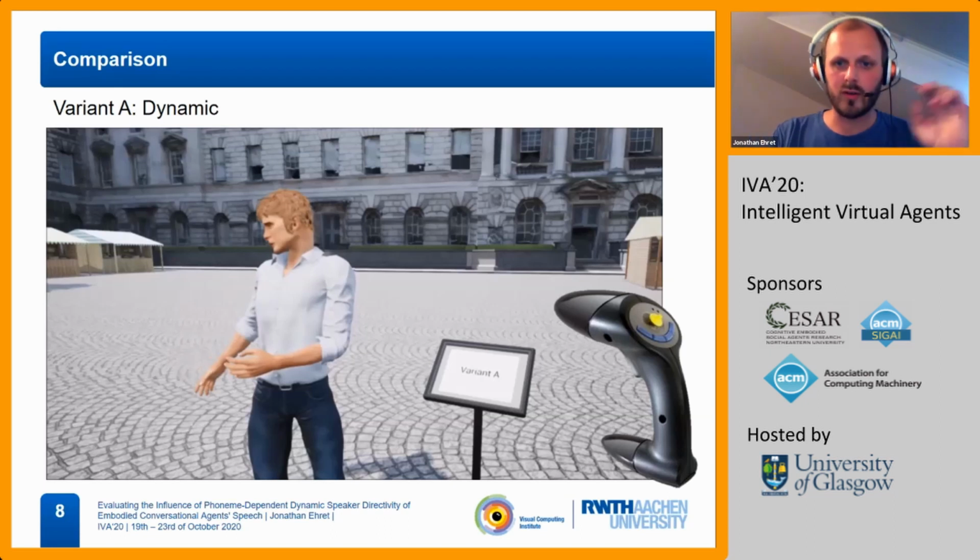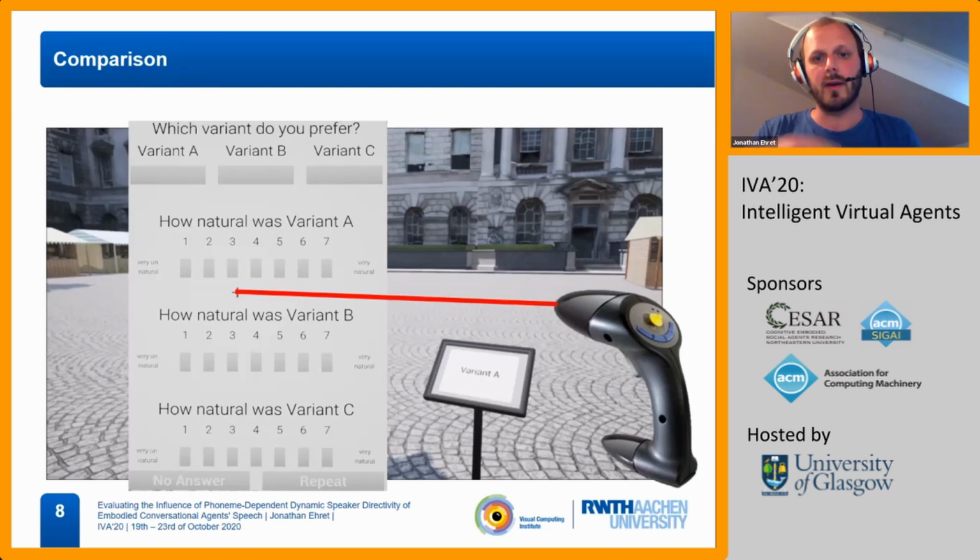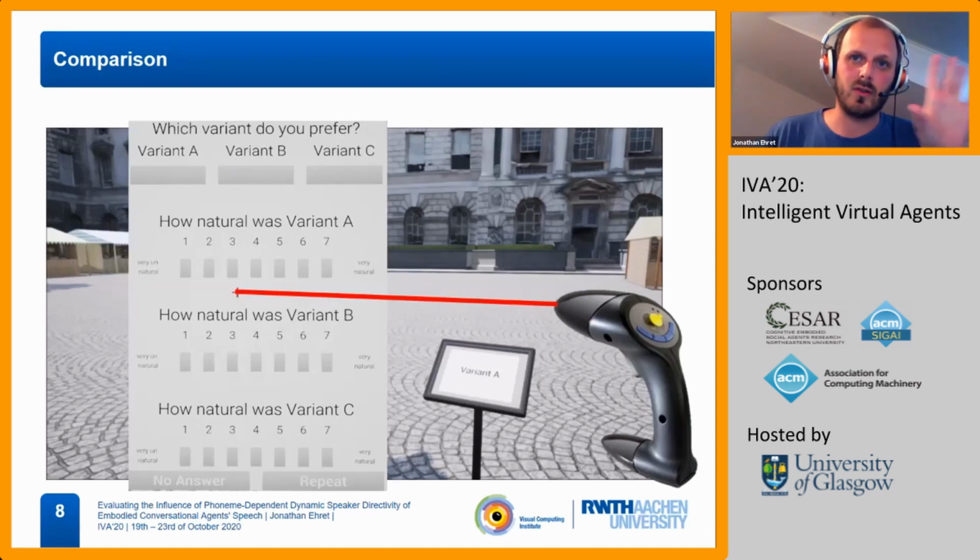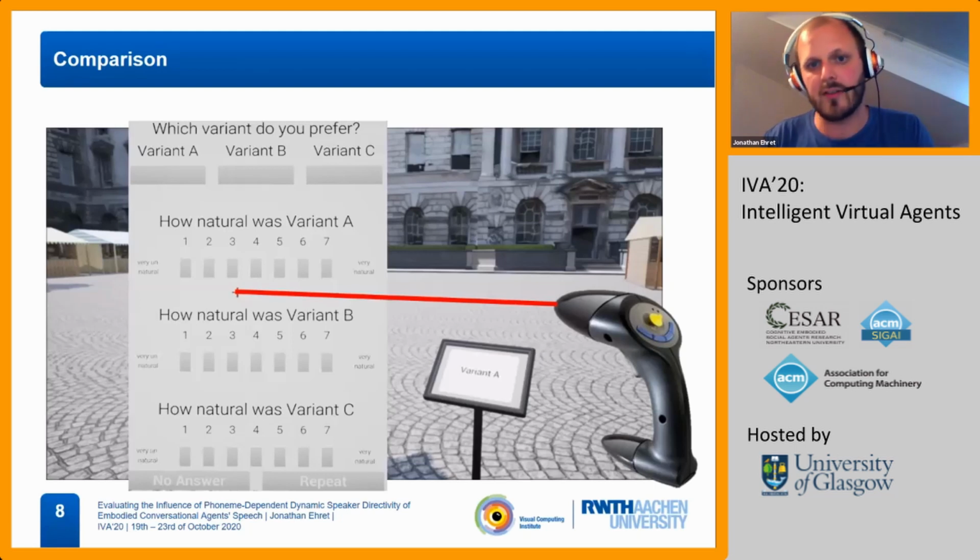Okay, so that talk is only a small fraction, lasted 90 seconds, and was repeated 3 times per setting. And afterwards, each time there was a questionnaire displayed asking which variant you preferred and how natural each of these oralizations was rated. And if people weren't sure after hearing the 90-second speech once, they could also click repeat and then listen in again and save all the answers they gave so far. What a lot of people did once, but then after having 1 repetition, all participants were able to actually decide